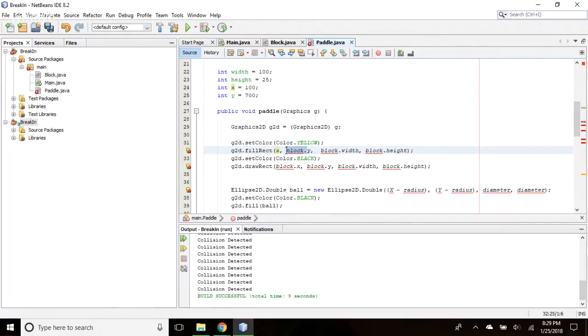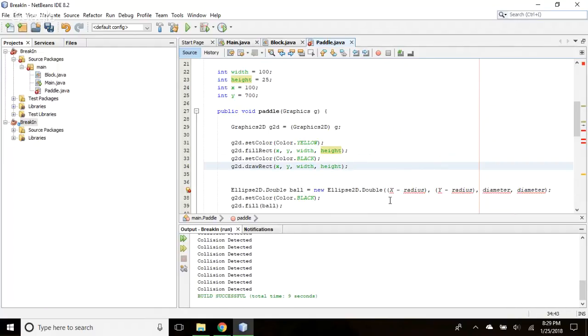Okay, x and y. The width is going to be what? Let me think if you can think about what the width's going to be. Yep, width. Use the variable width. And then the variable height. Okay. Now we're going to draw a black border around it, and you're going to want to do x, y. You're going to want to do the same thing, all 4 the same. You can actually copy and paste. Yeah, there you go. Okay.